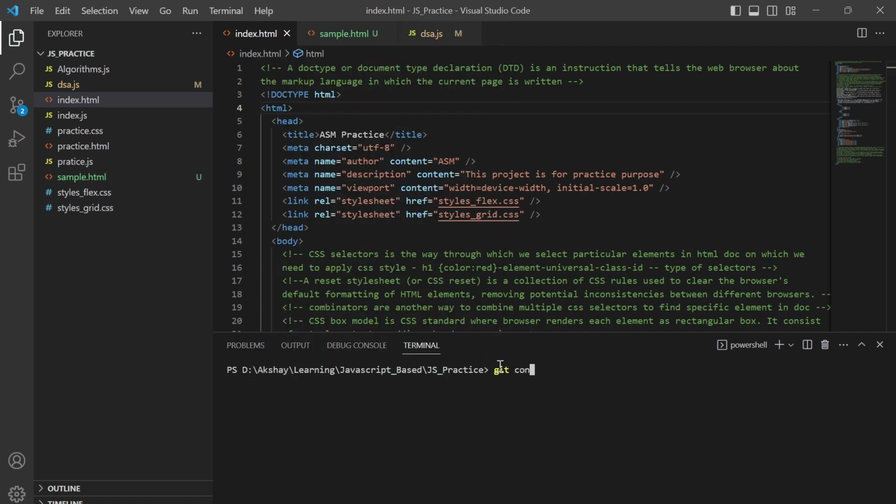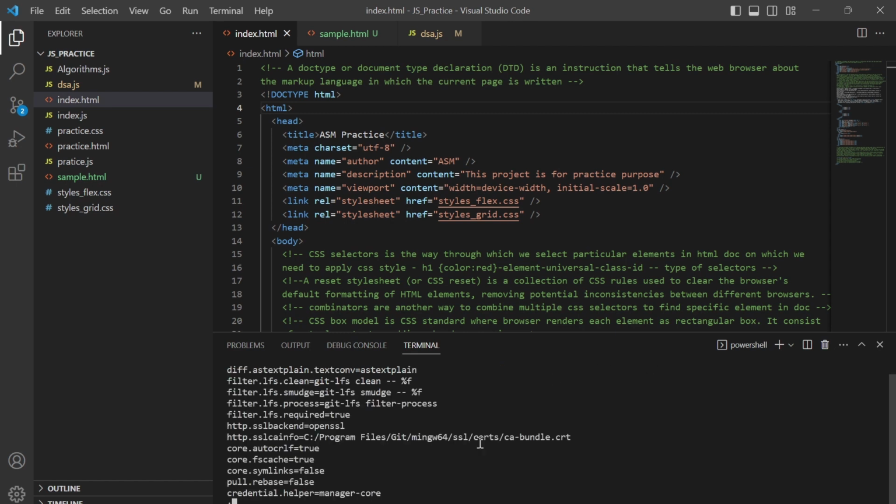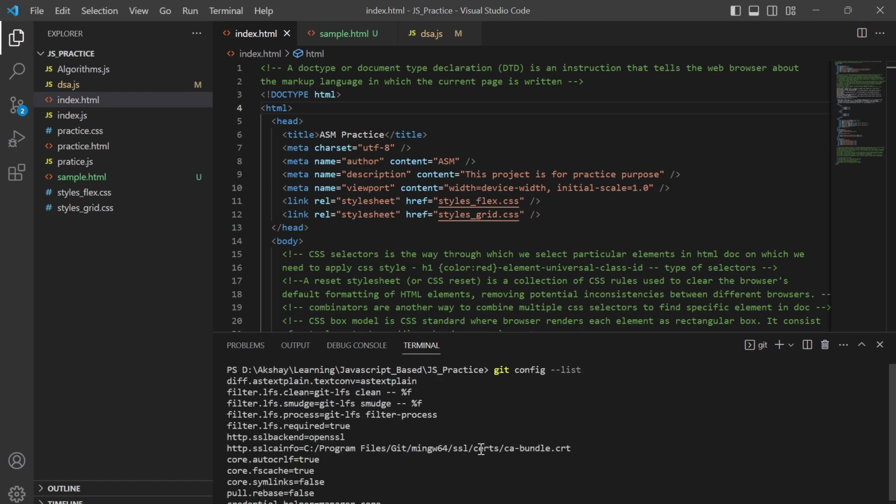if I put git config hyphen list, here you can see it is showing all the configuration. I explicitly did that because I wanted to keep my configuration specific to this code repository, for different possible reasons.